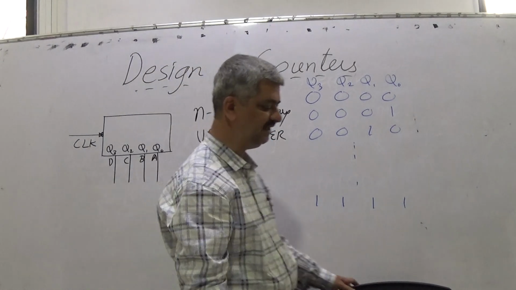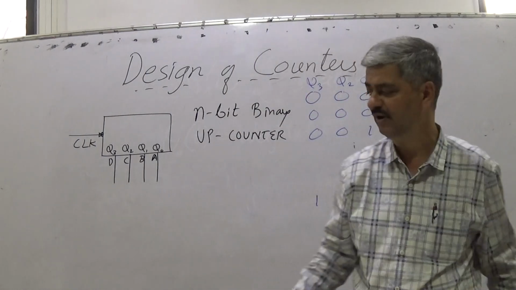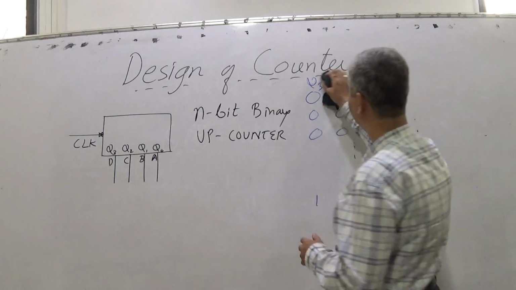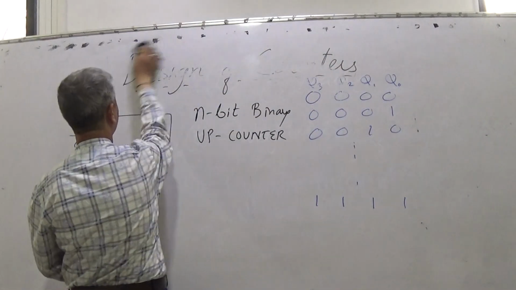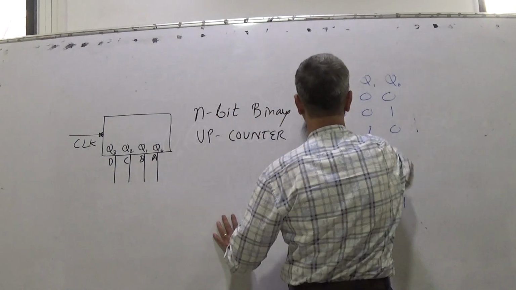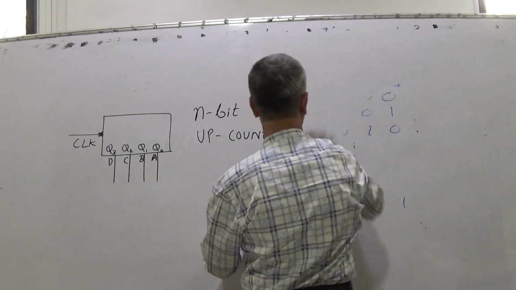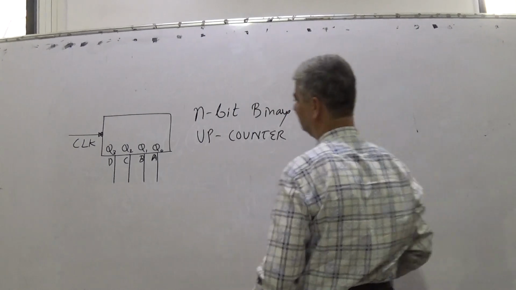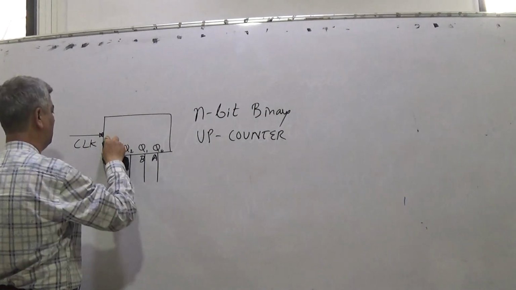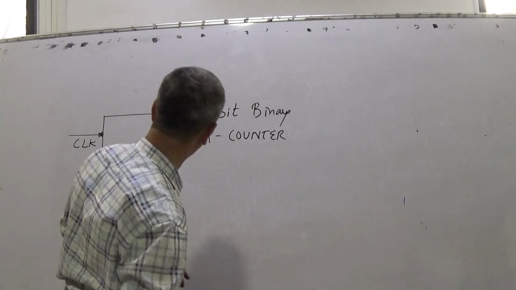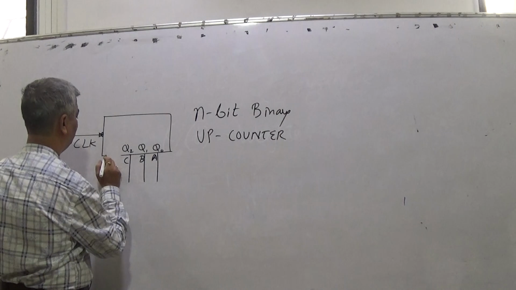I will explain a very simple way of designing an n-bit binary up counter. I will write down all states and show you how we can go about it. This can be a 4-bit counter. Last time we had considered a 3-bit or 2-bit counter. If you don't want to jump to the 4th bit, I will wipe out the 4th bit. We will go for a 3-bit counter, and then we can easily extend to a multi-bit counter.